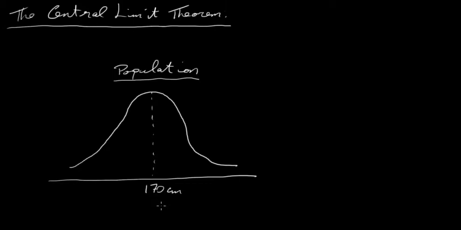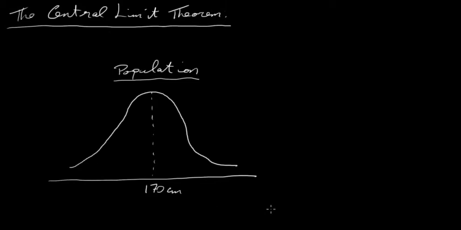So we measure the heights of every single person in the country. We found that the mean of every single person in the country is 170 centimeters, and we find that it is normally distributed. So if we've measured every single person, we've taken the mean of every single person's height, and we have found that it's 170 centimeters. Okay, so